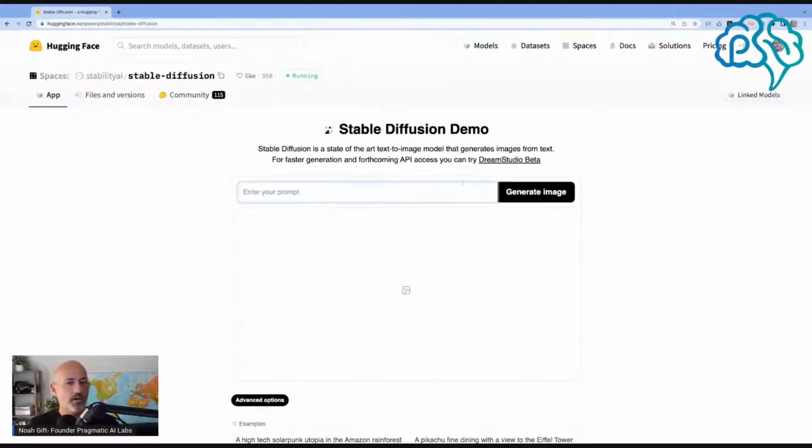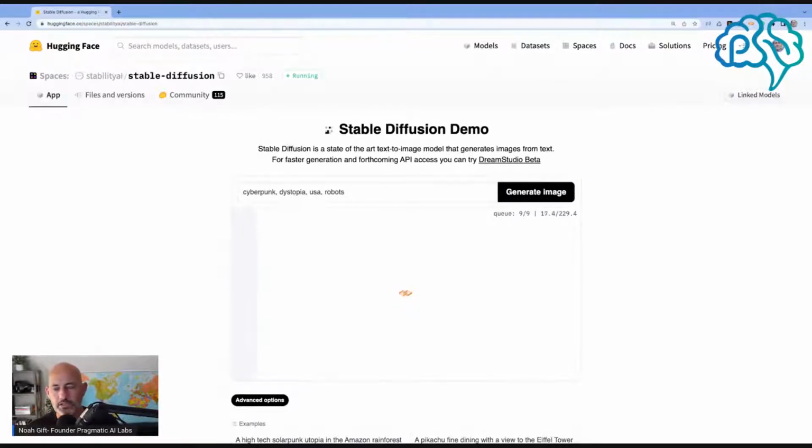And so what we can do here is just put in some kind of a prompt, and we could do cyberpunk dystopia USA robots or something like this, I don't know, Blade Runner kind of stuff. And you can put all this stuff inside of here, and it'll do its best to figure out some kind of AI generated image. Now, while this is running, one of the things to point out would be, well, is there